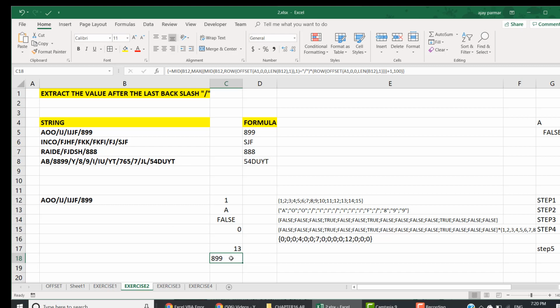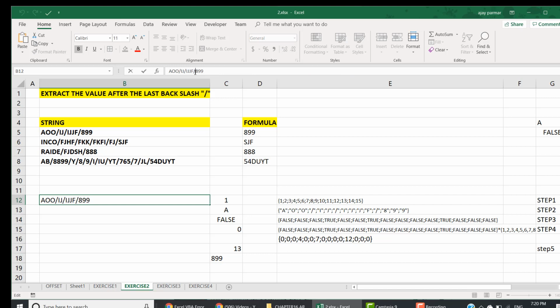Okay, so this is exactly what we wanted, right? I'm repeating why I calculated the last position of the backslash and added 1 to it: because the number which comes after the last position is the one you want to evaluate. Now if you put one more slash, for example, write here, let's say U, then a backslash, and then one more 8, 9. Now what will happen? All the backslash positions will be counted. So if I press enter, you see that you're going to get 89 here.